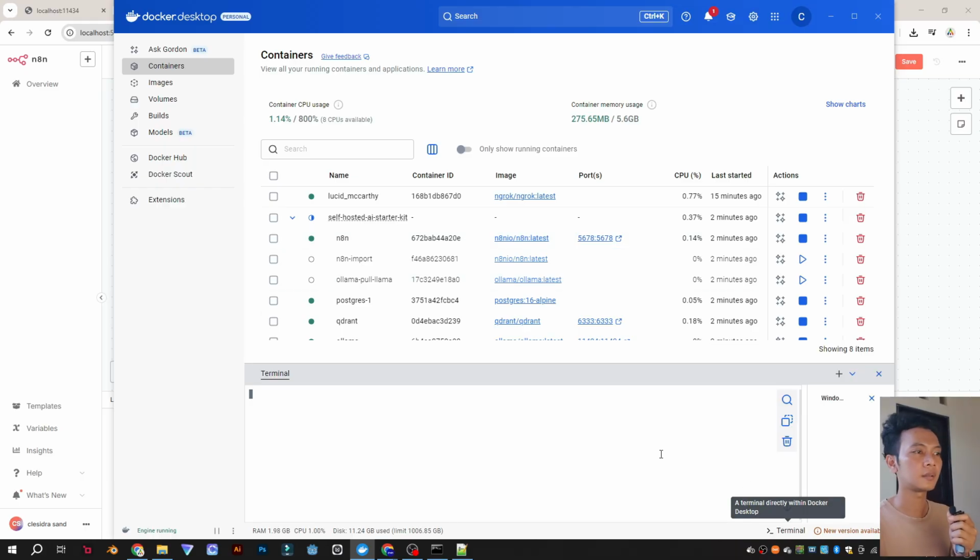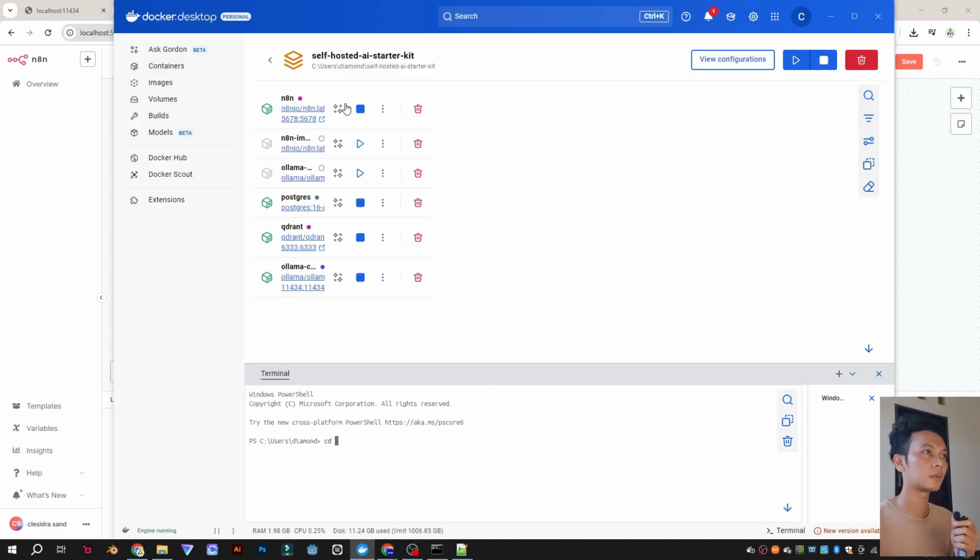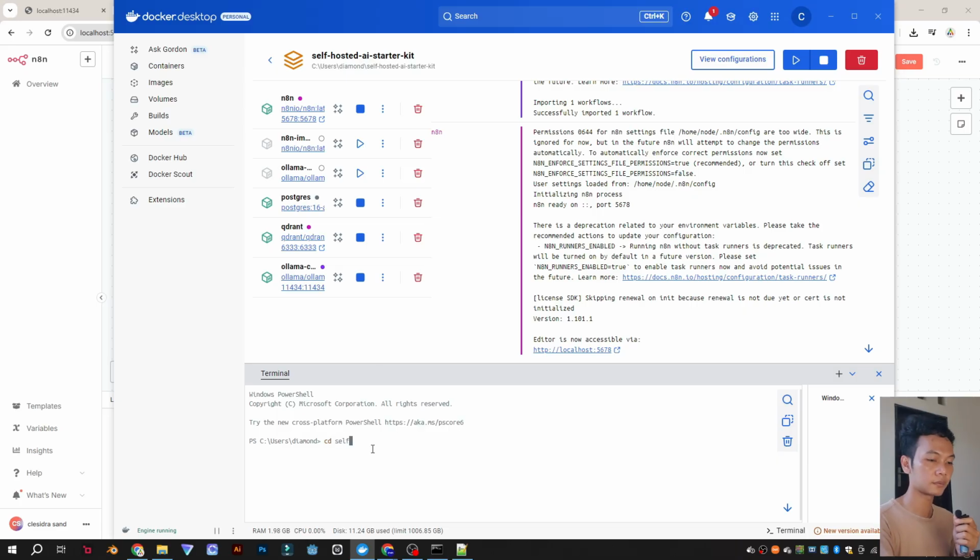Let's open a terminal, then write cd, then self host, then enter. Then write docker compose down.